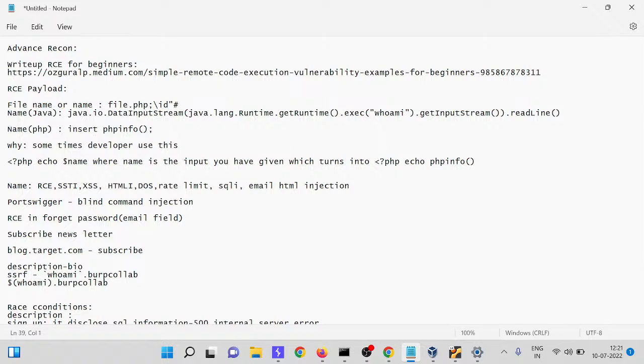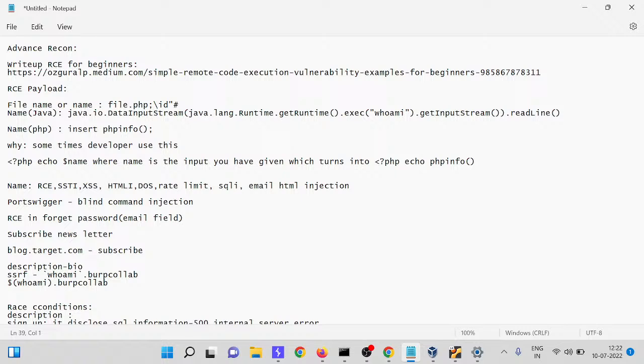And for RCE, another thing you have to do is find the CVE of RCE. Secondly, if there is any third party application they are using. Fourth, an old version of a browser or an already vulnerable component they are using. Fifth is file upload. You have to do file upload bypasses, so you have to learn about file uploads and file upload bypasses.